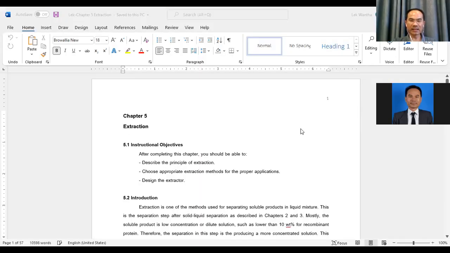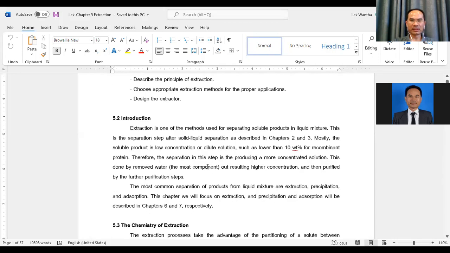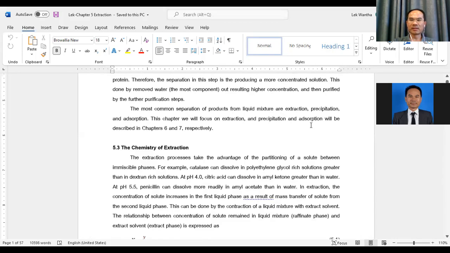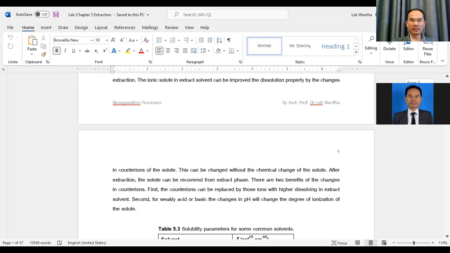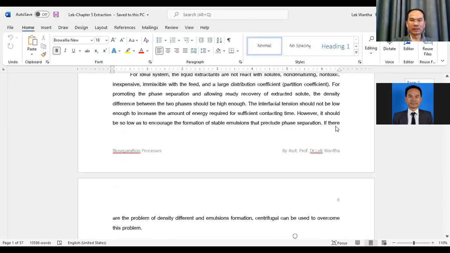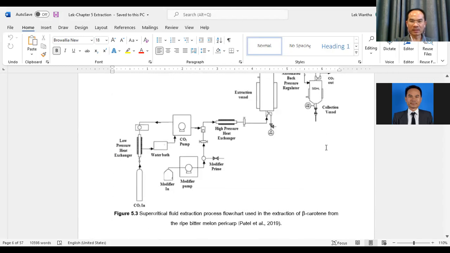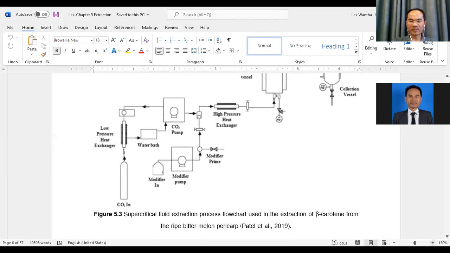Okay, and in the lecture note there is more detail. So in this case, I give you some detail. This is some example of the flow chart for the supercritical